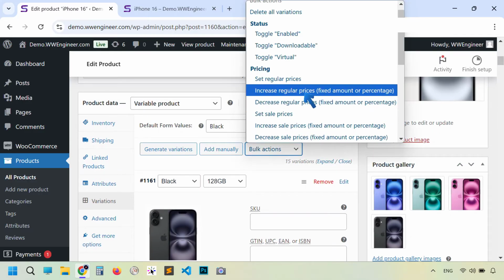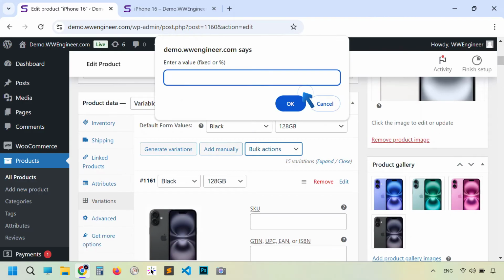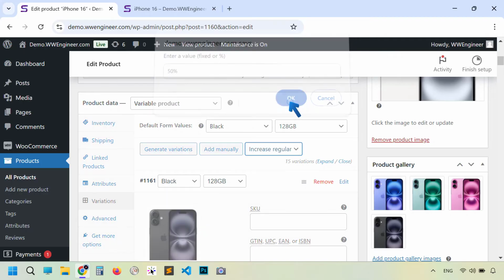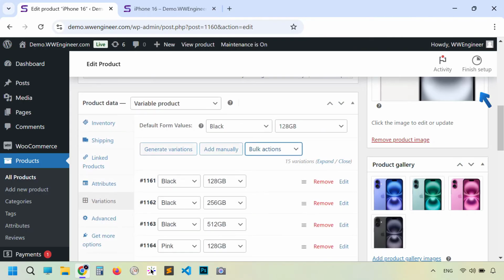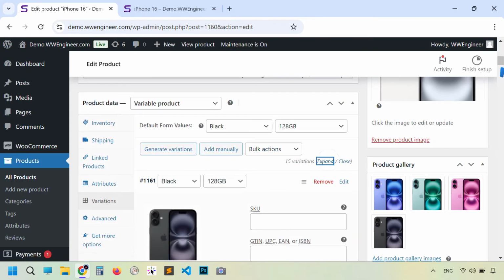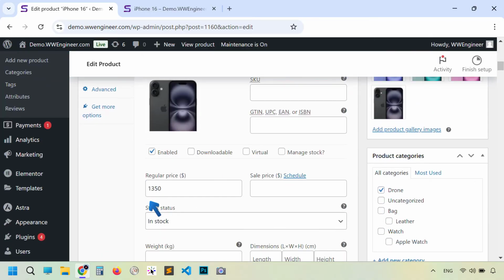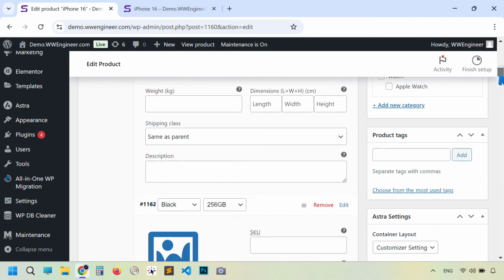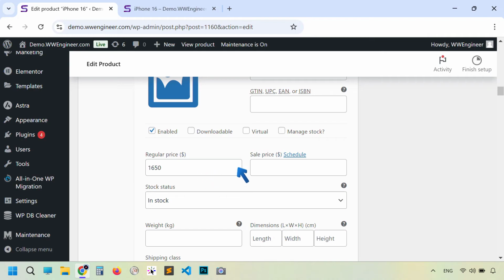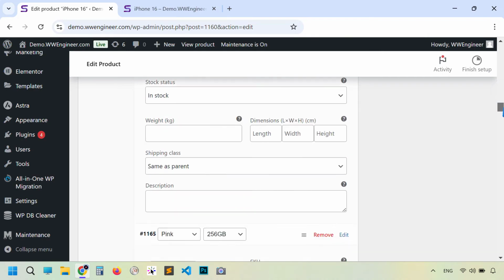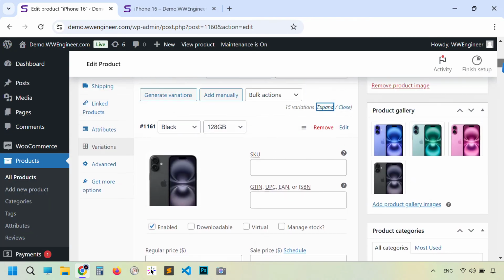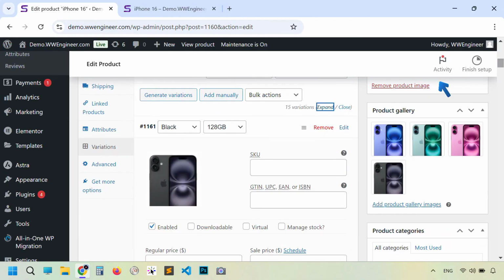Now come here again. If I click here, increase regular price with percentage, and I put 50% and click OK. That means if I expand all of them, you see the calculation. Okay, you see, extra $550 has been added. Now again, click here.